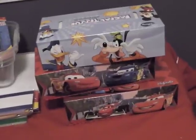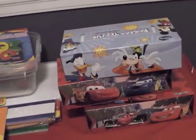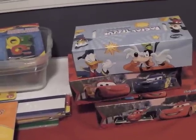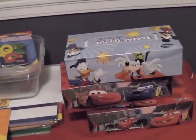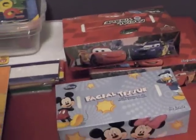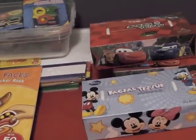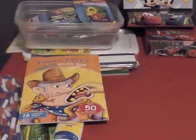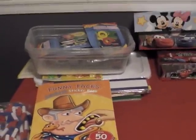And then finally, this is what we've needed over the past week, because we all had come down with summertime colds, which really suck when we're having almost 90, 100 degree weather here. So I got a couple boxes of tissue, and these are the best ones to buy at Dollar Tree, because they actually have 10 more tissues in them than the other ones in the aisle. So just a little FYI, you want to get every penny you can out of that buck. So anyway, that's our haul for August,